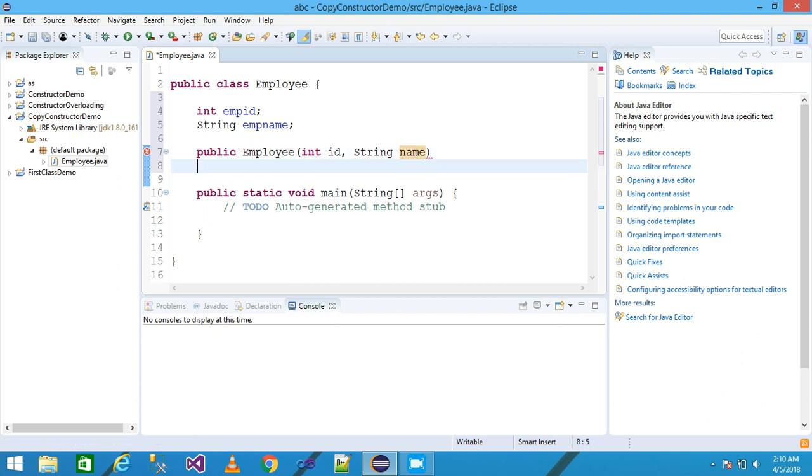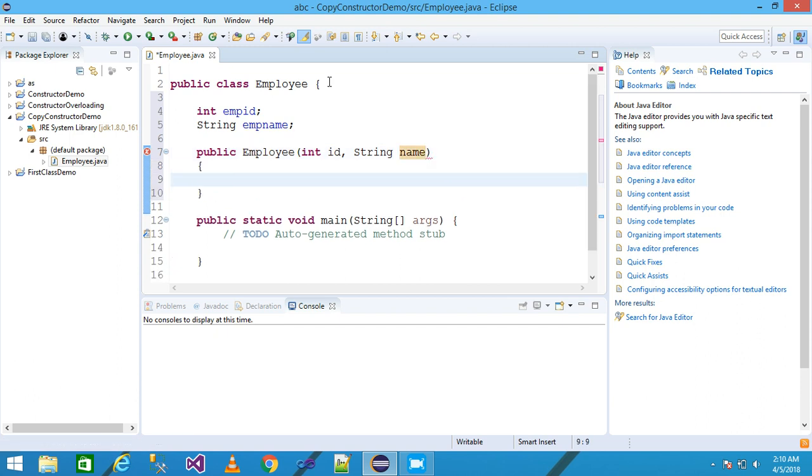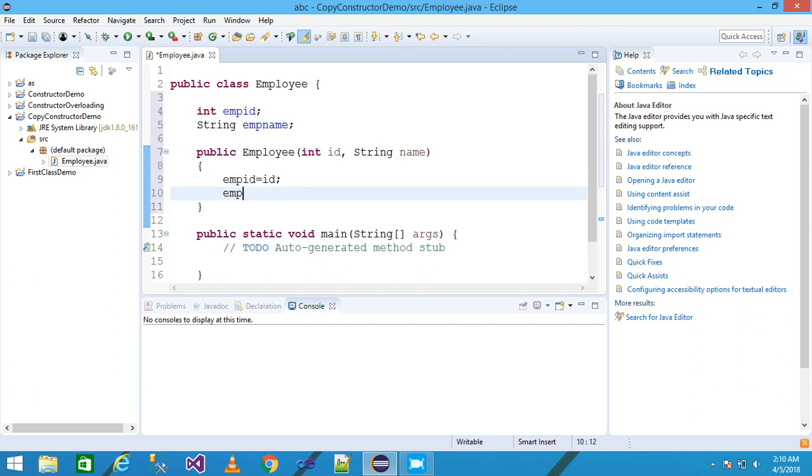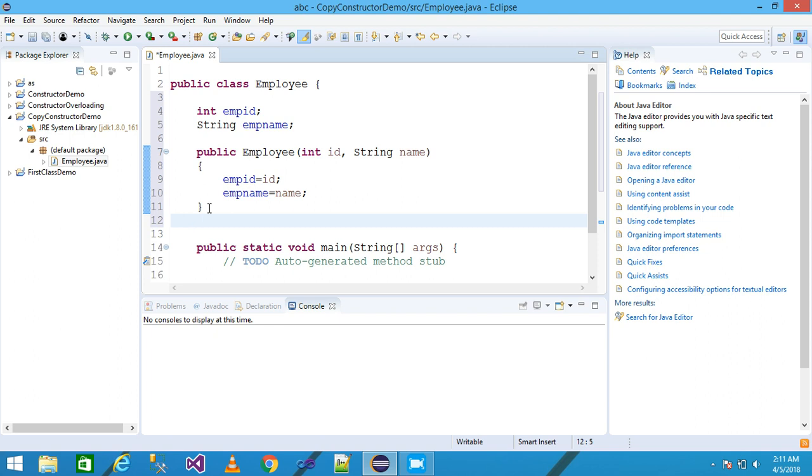Here I am assigning empId equal to id and empName equal to name. Look here, the value of id is assigned to the empId and the value of name is assigned to the empName variable.